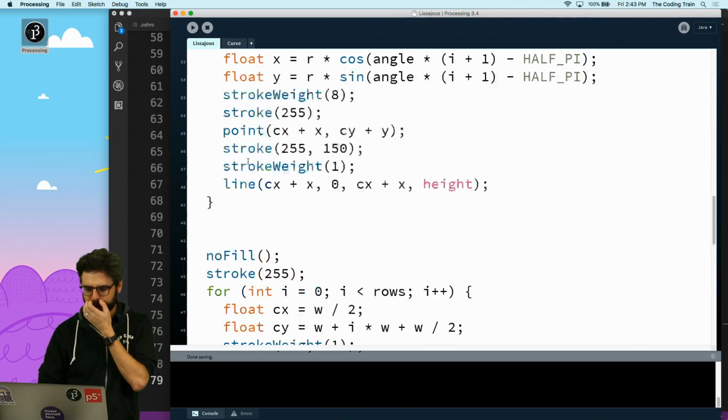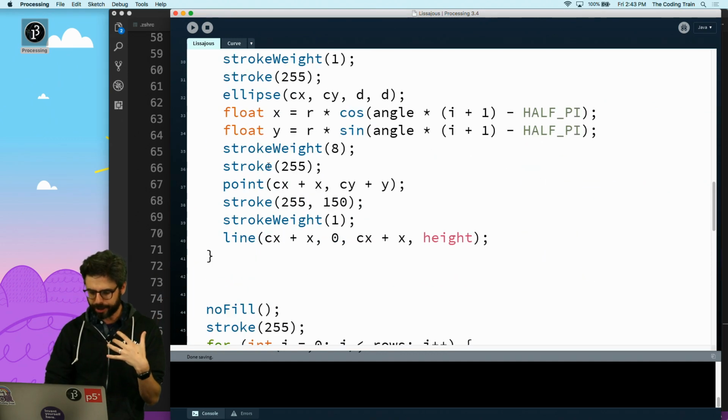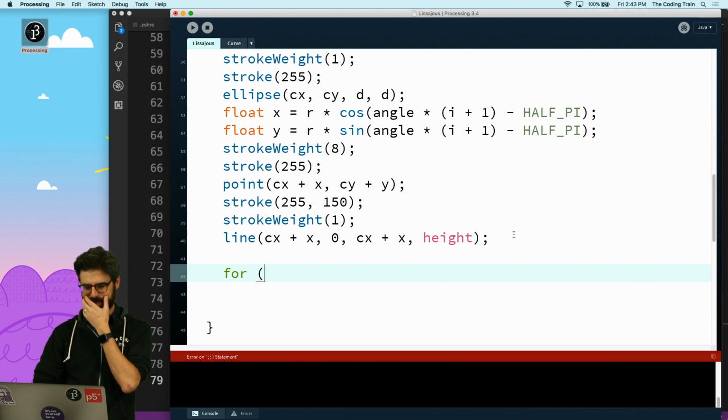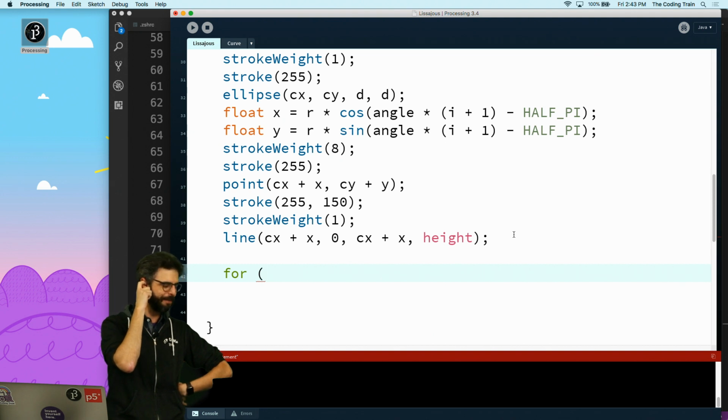So something about how I need to do blah, blah. If I come to the first loop where I'm going through all the columns, all I need to do is at the end, add another loop for, wait, timeout. I'm concerned.